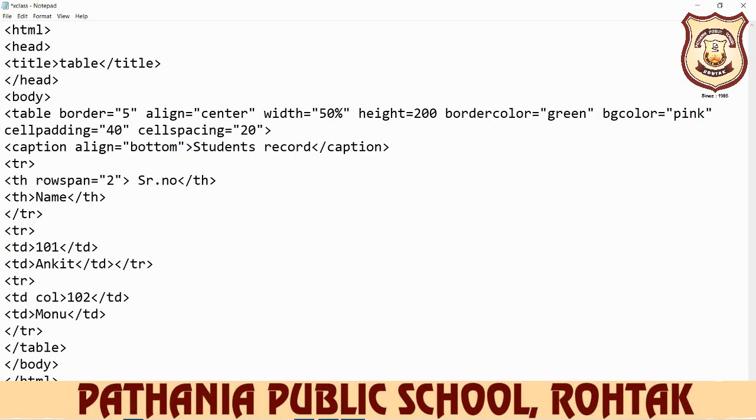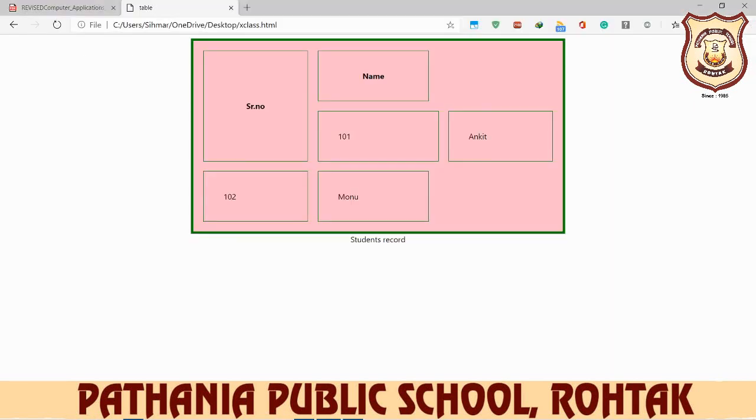Write down colspan is equal to 2. So again save it, open your browser here, and you can refresh. So you see this is your rowspan and this is your colspan.